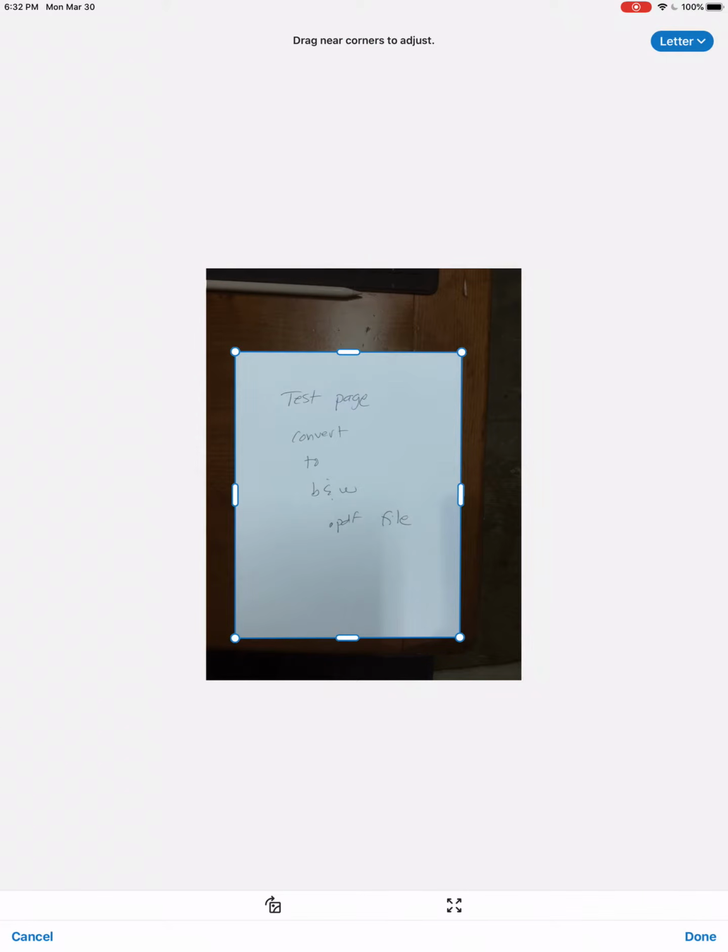Snap a photo. It should automatically align the corners, but if not, you can drag around. Okay, so it actually had it aligned properly to begin with, but if it didn't, you can drag the edges like I'm doing here. Say done,